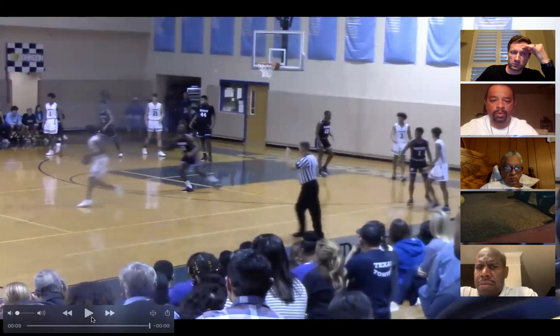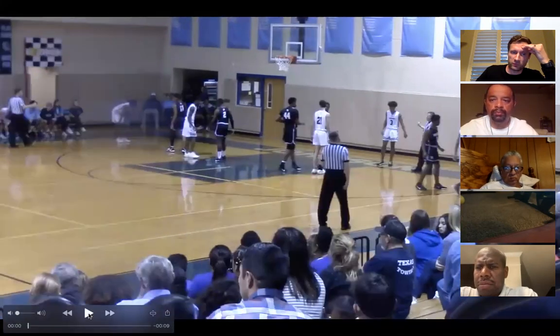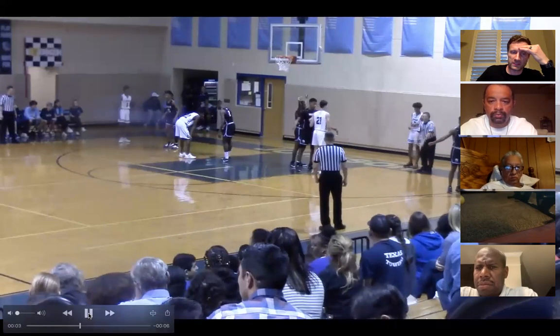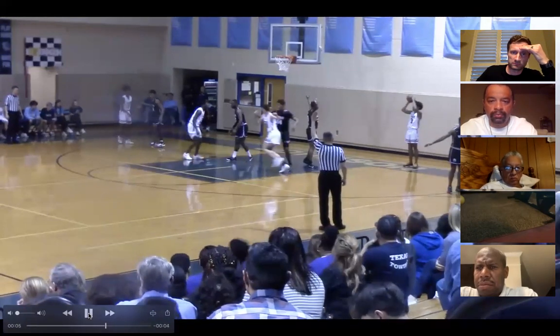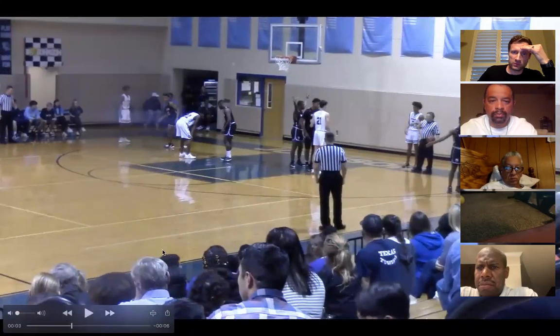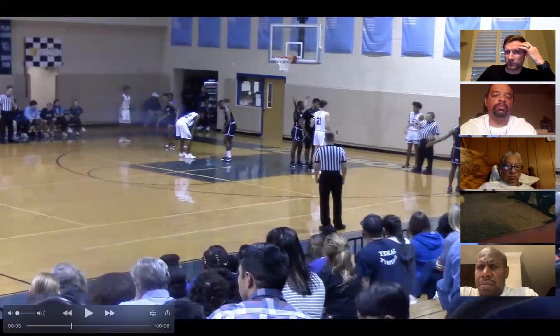Okay, so I'm going to show it again. I'm going to give you a little information on this, what they're trying to get out of it, because they run this a lot. One more time. What they're trying to do, they run this play a lot for Johnson: he sets a screen and it's a lob to the rim. They're going to throw it right over. His kid's super athletic and long. That's what they're trying to get out of it. So let's see what this defender does.